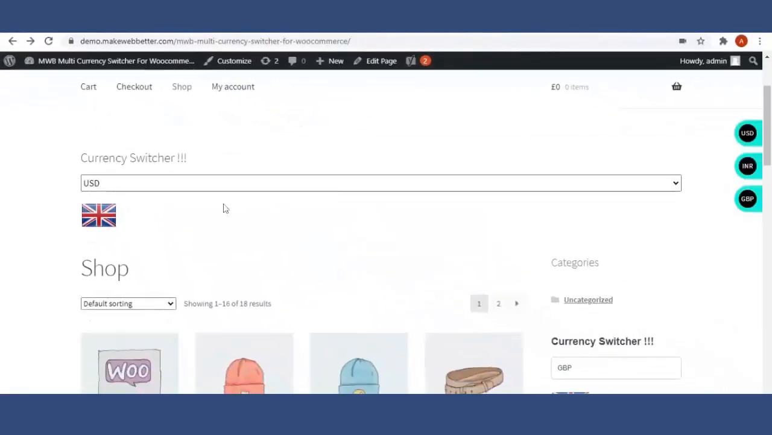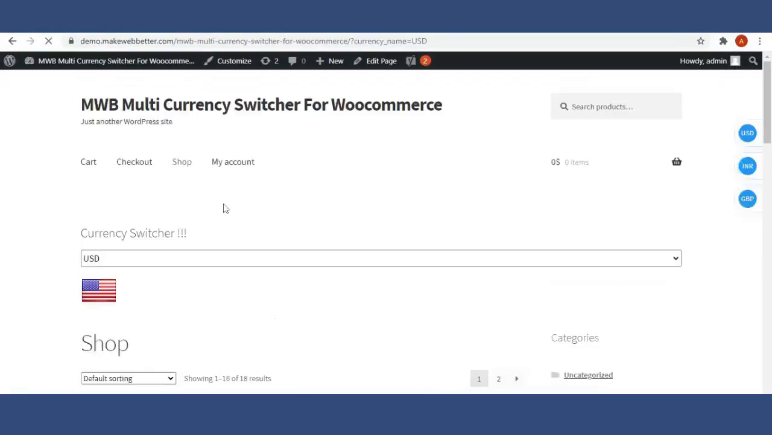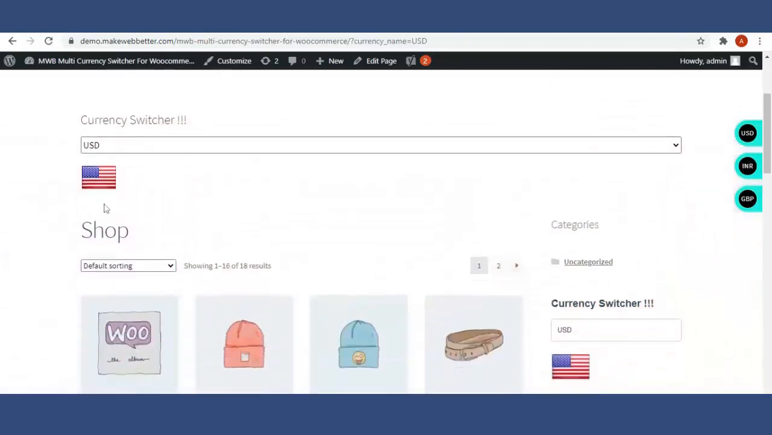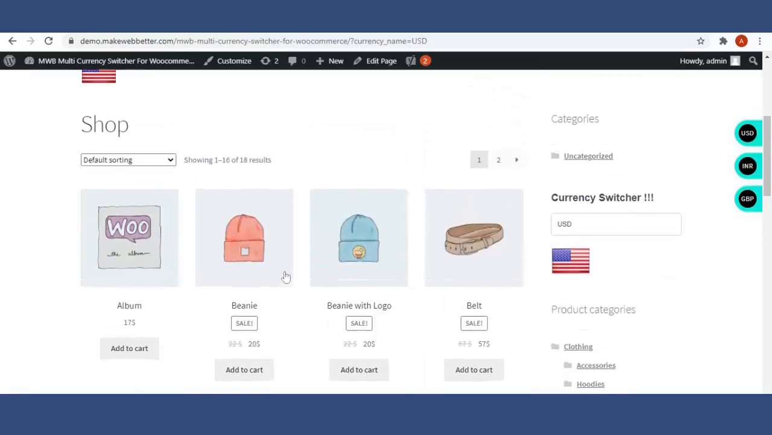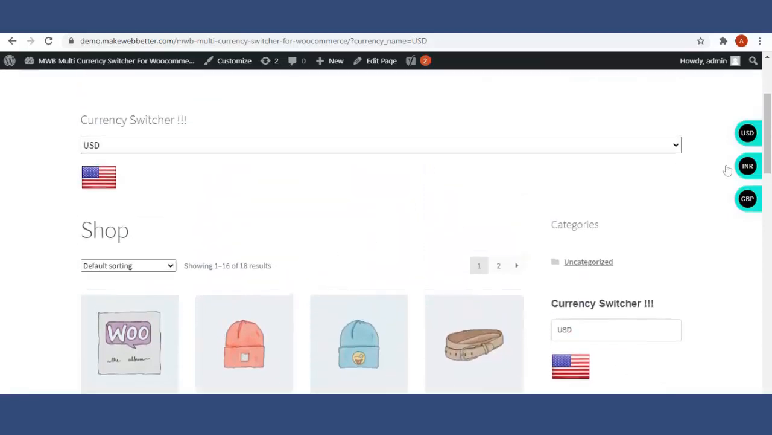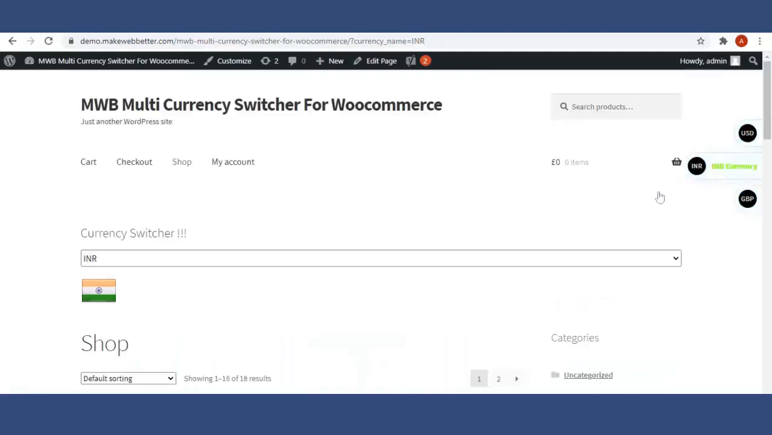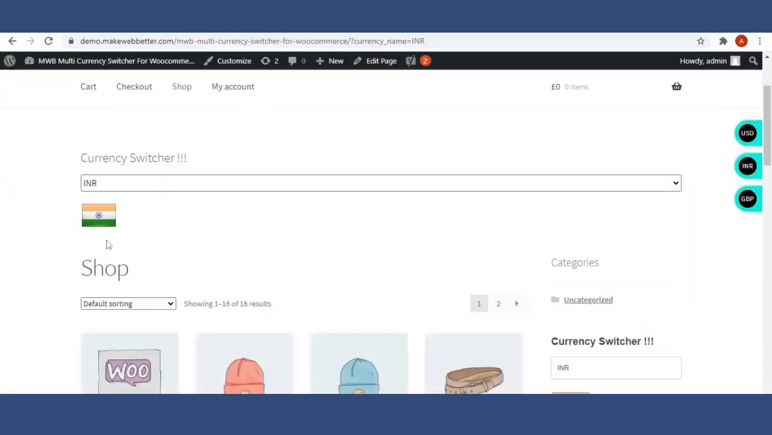The free plugin comes with the feature of adding up to 3 currencies for international customers, currency display, currency customizations, welcome currency, and much more. So let's start with the demo video and understand how easily you can set up the MWB multi-currency switcher for